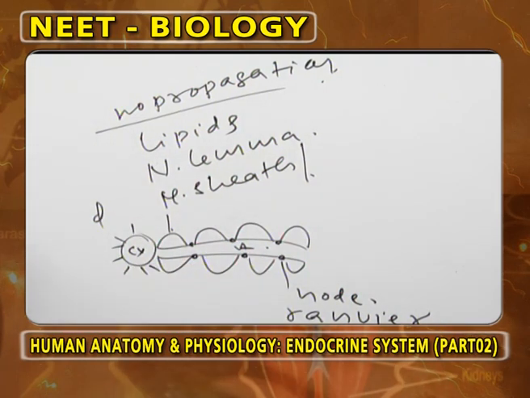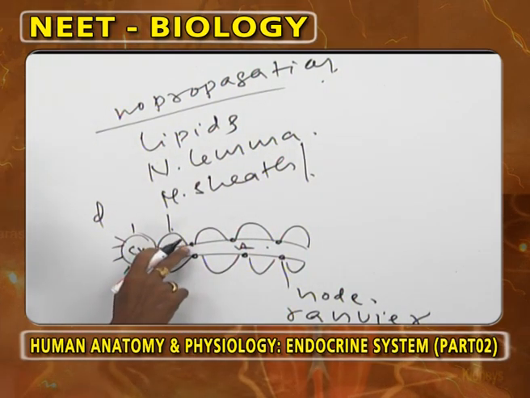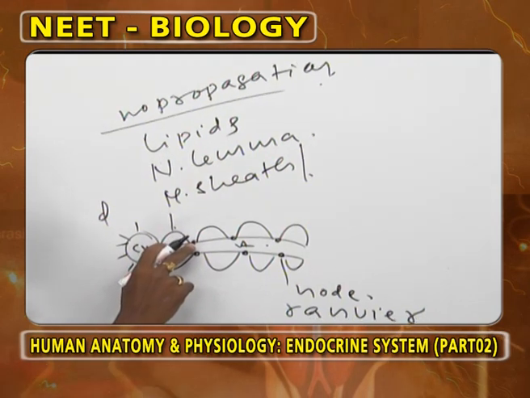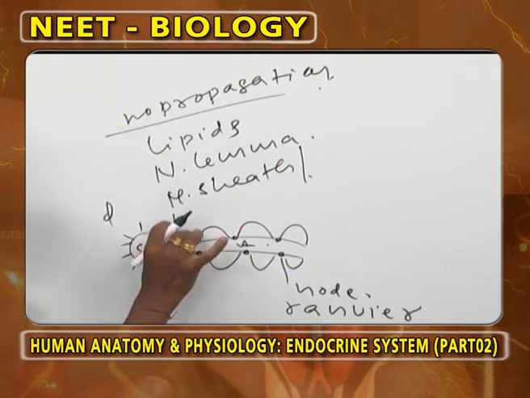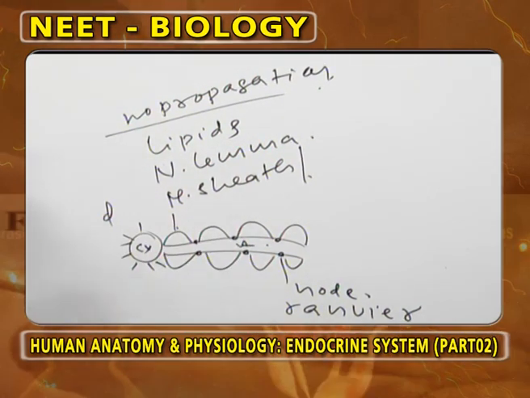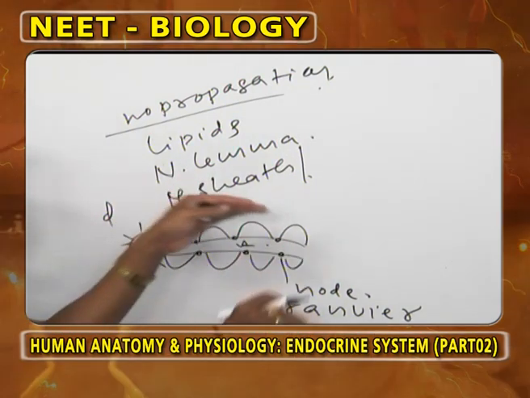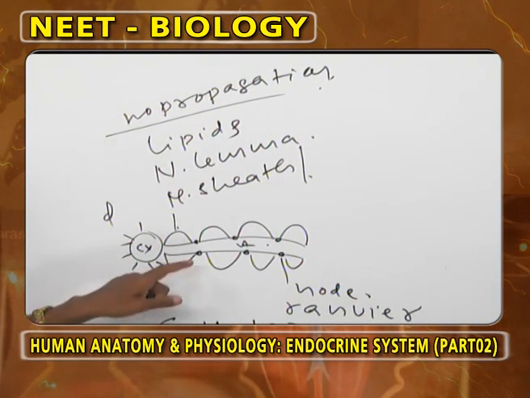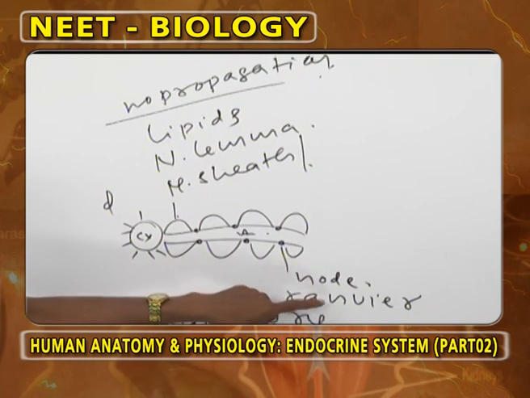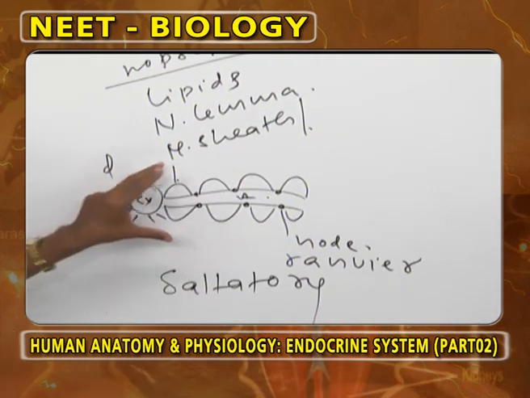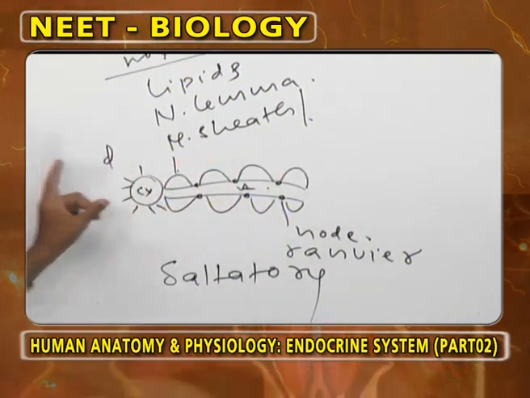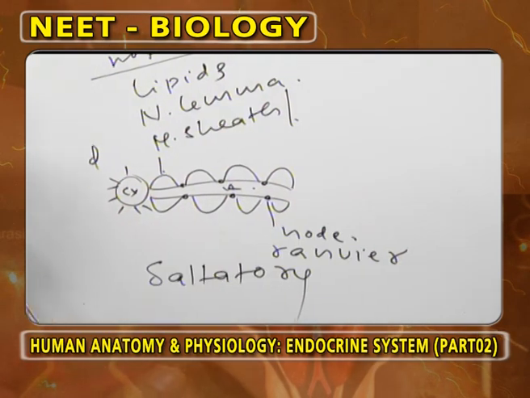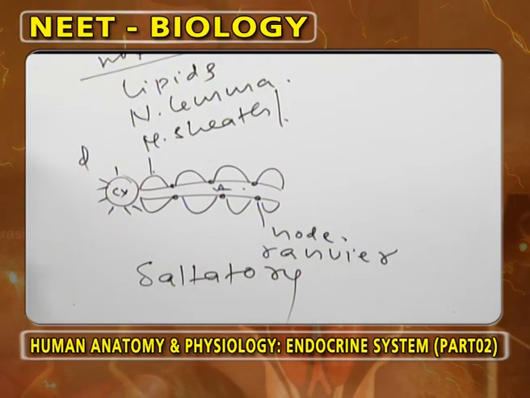So, in myelinated axons, the impulse jumps from one node to another node. Such type of jumping transmission is called saltatory. Because of the presence of Ranvier nodes in myelinated axons, the nerve impulse propagates faster than that of the